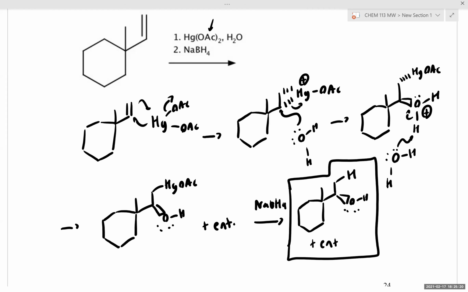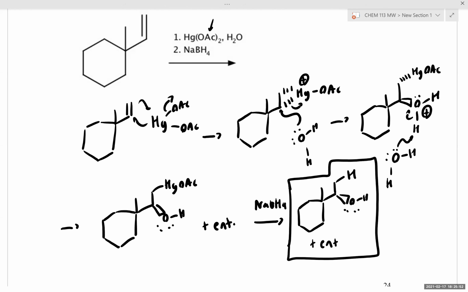Does this example make sense to everyone? Does this mechanism make sense? Professor, so when we do the cyclization, one of the acetates is lost. Yeah, so they're gone, right? That's what that arrow over there is pointing out. Exactly. Because mercury starts with two ligands, and in this step, rather than